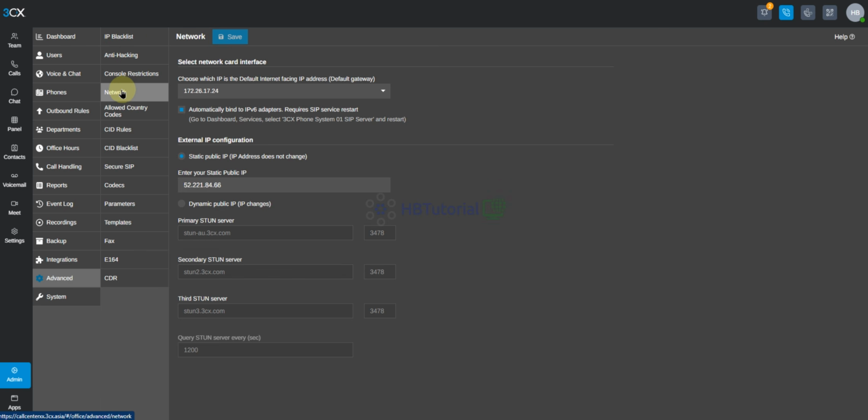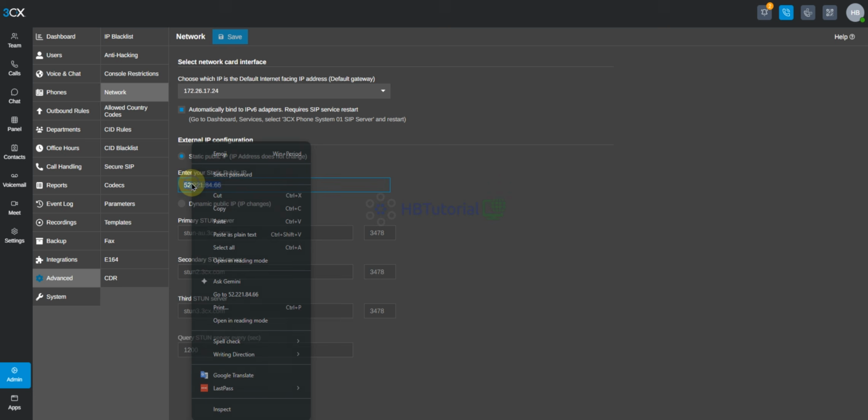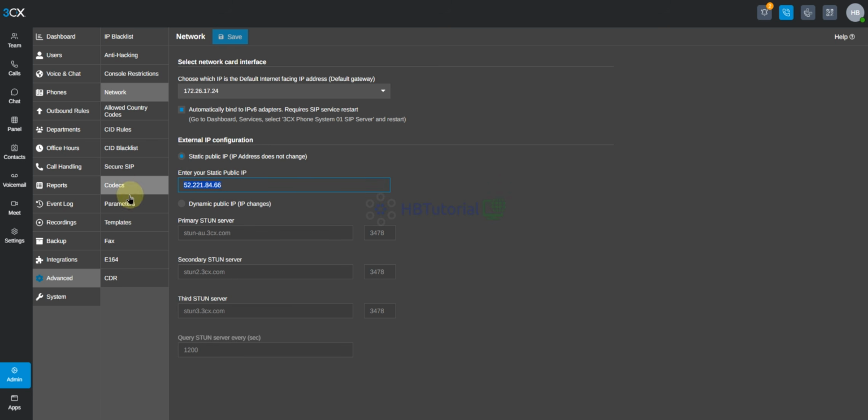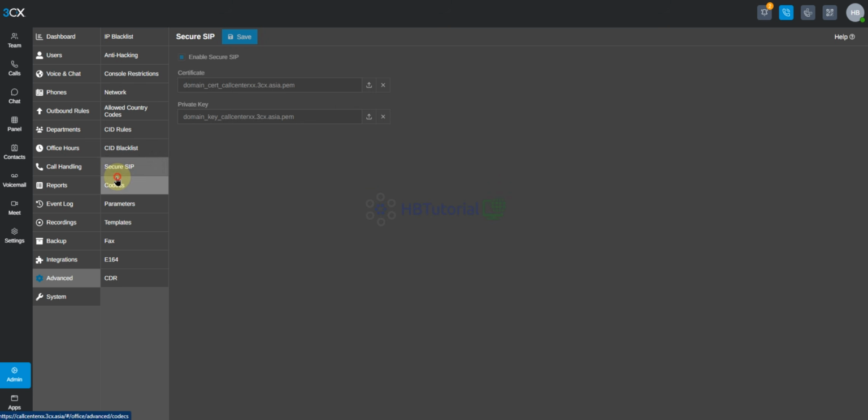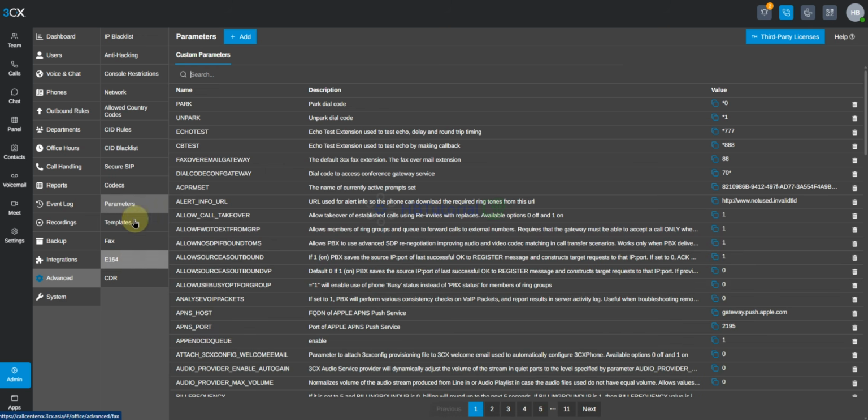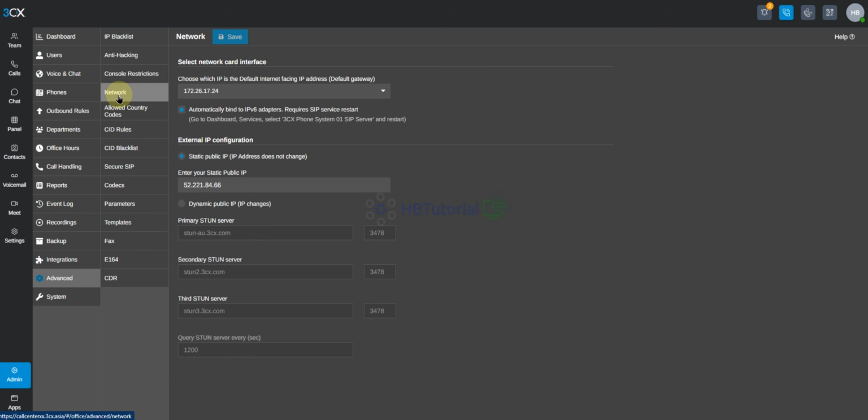Network. So this is our public IP. I need this because I will use a SIP trunk for the Telnyx.